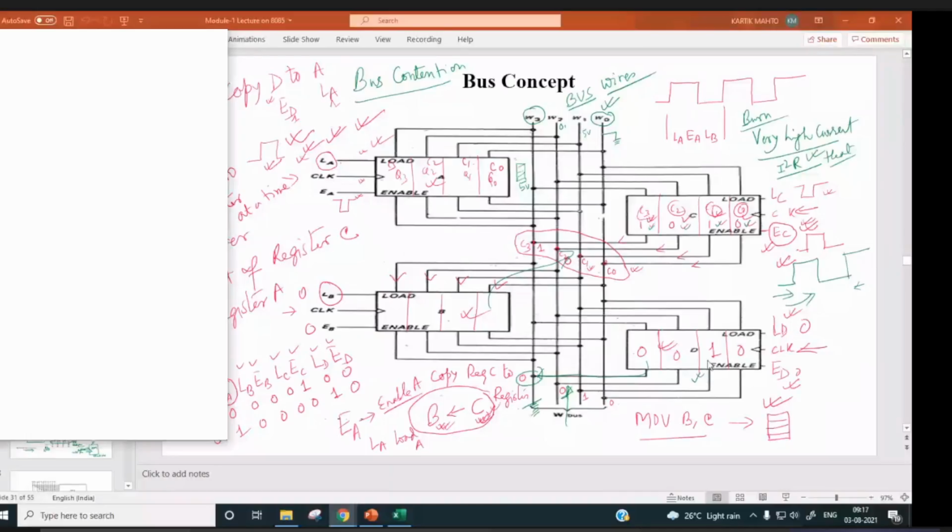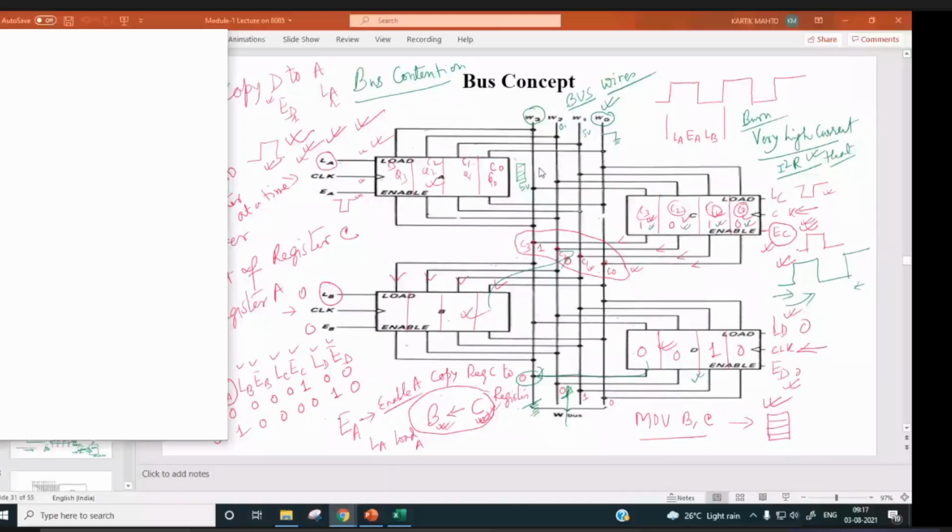So during a single clock pulse, or during a T state, only two lines have to be active: one will be enable, another one will be load. There should not be two enables at a time. It is never going to happen, because in that case, as we discussed, bus contention will occur and our bus will be damaged, right? 5 volt, 0 volt, this example also we took.